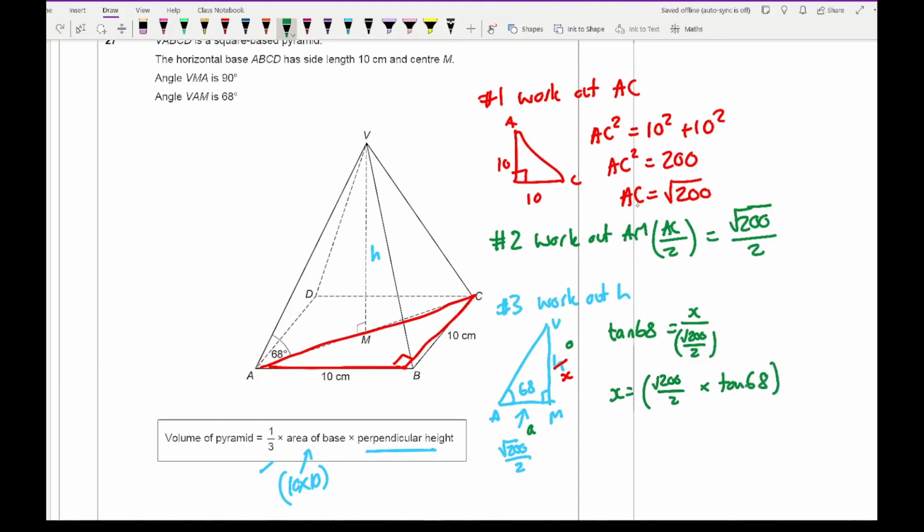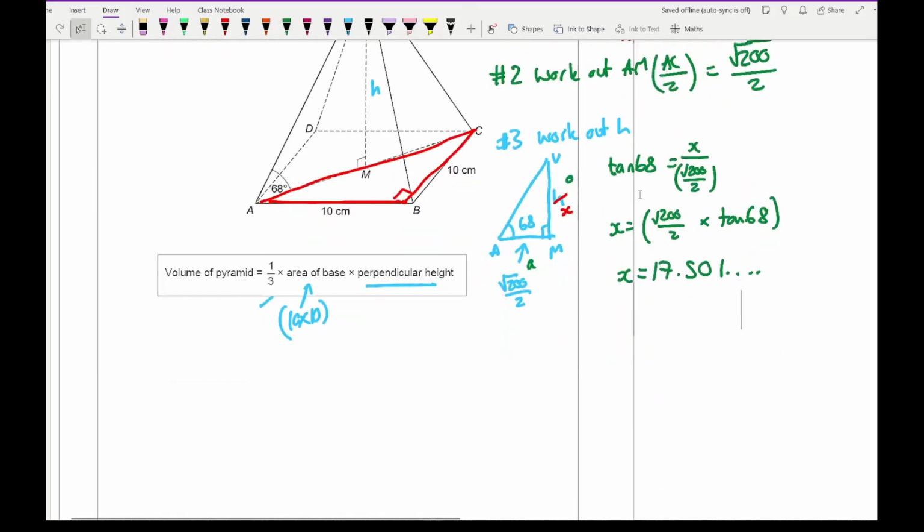Now you may have already worked out what root 200 over 2 is as a decimal, but I'm going to leave it as an exact value because it's not really a problem. But if I work all of that out and then multiply that by tan 68, I get an answer that x equals 17.501 and so on. Once I've got this, I can then work out the volume using this formula. So step 4 is to work out the volume of the pyramid,